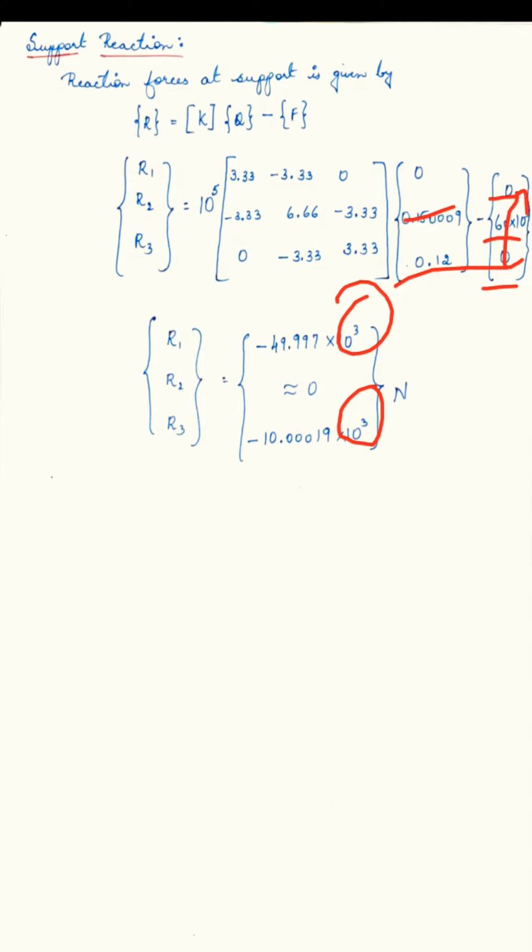Now we'll see how the penalty approach method fares in comparison to the elimination method with respect to the values that we obtain. So how do we proceed in the penalty approach method? We'll first calculate the value of constant C, which corresponds to the maximum value of the element present in the global stiffness matrix. So in the global stiffness matrix of this particular numerical problem, the maximum value is present at second column and second row, which is equal to 6.66.